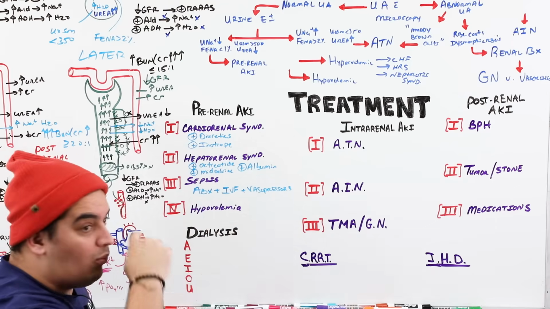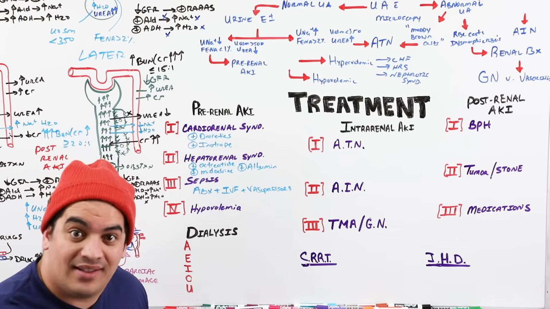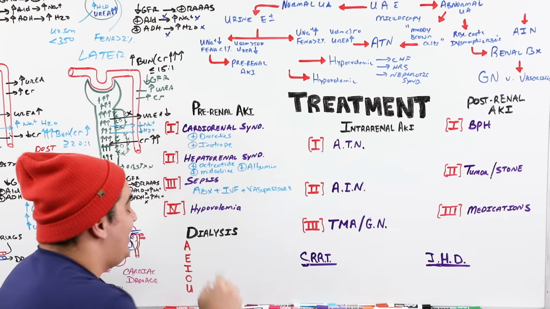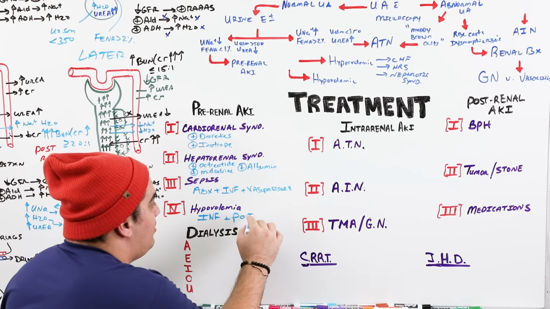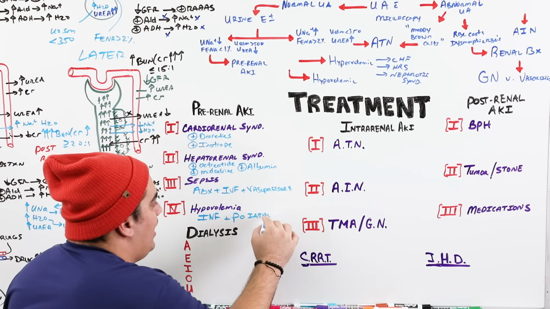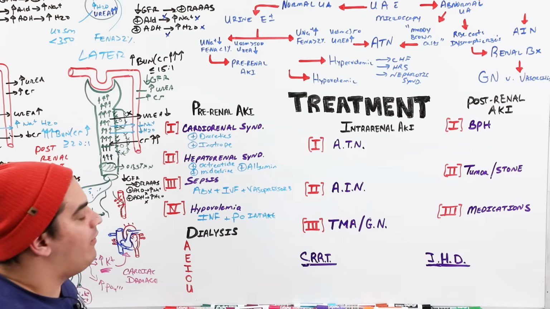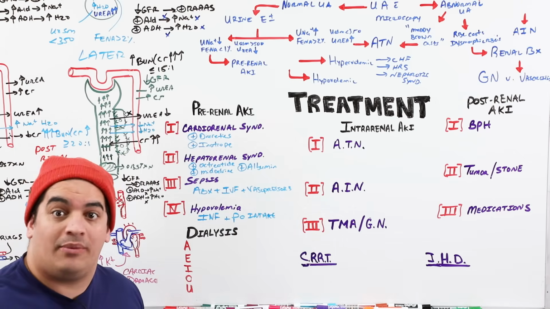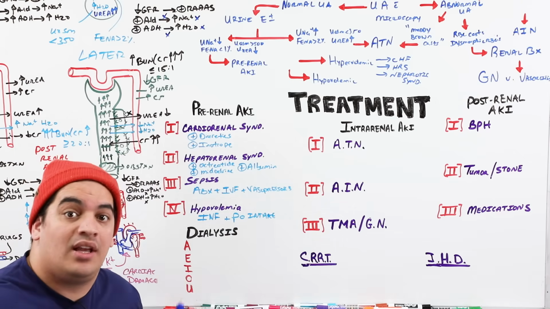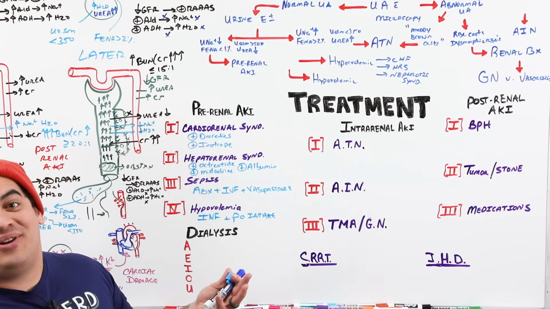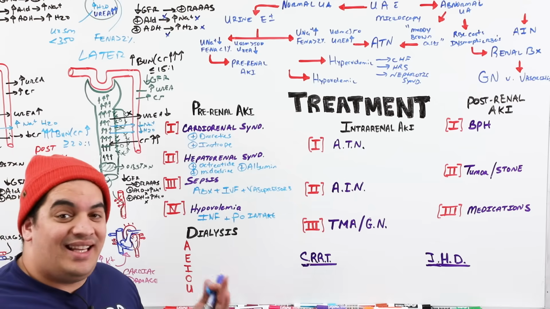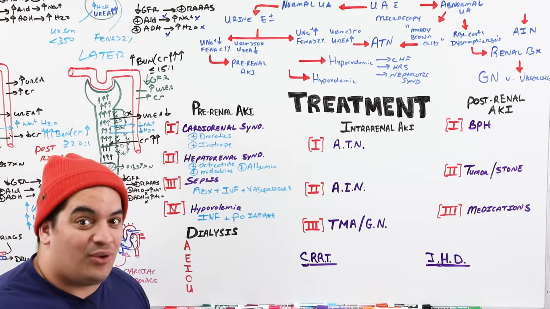For hypovolemia, where they have low volume states, encourage fluid intake. Give them IV fluids if need be, or PO intake. Have them just drink some fluids. And if that's the case, if you have them drinking more fluids and it's increasing their blood volume, increasing their blood pressure, they're perfusing the kidneys, they're making more urine, they're getting rid of that excess urea and creatinine, it improved their renal function.